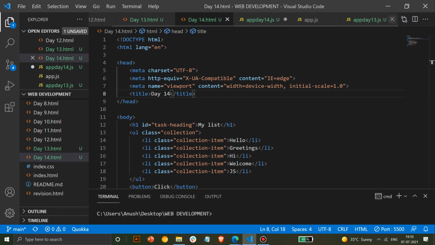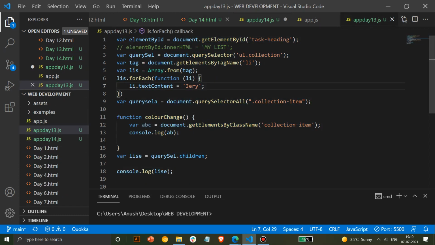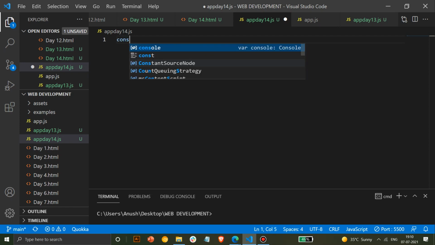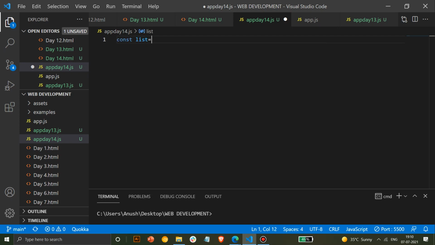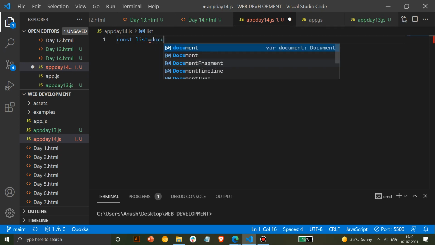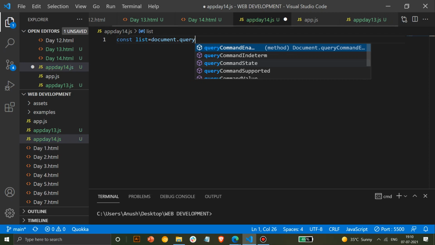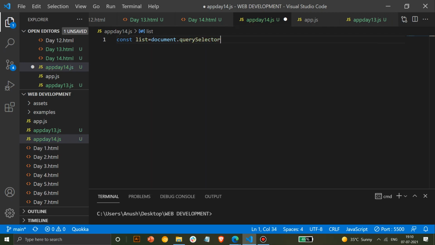Okay, yesterday we just looked through the basics of different selectors, like by tag name, by selector, by ID, by selector all, and by class name. Today we'll see how to access each of them through a different class or something like that. So we'll use const list, and with list we can use document. What's DOM, anyone? Just a quick revision. Document Object Model. Yes, great.